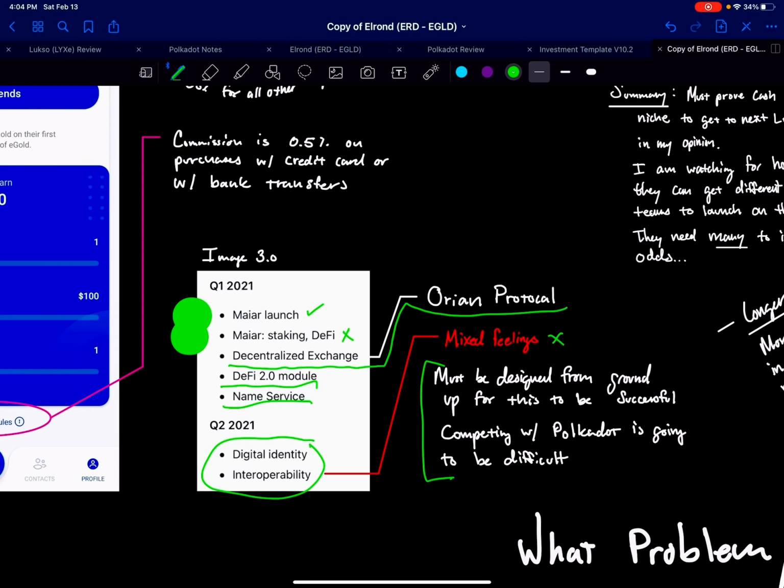In fact, I do believe that it will be a multi-blockchain future, and so different blockchains will be perfectly fine surviving. But it's going to be hard to compete with Polkadot. One of the reasons is Polkadot specializes in interoperability, and I don't think this one is specialized for interoperability, but they could build those functionalities out. It's not easy, but they could.